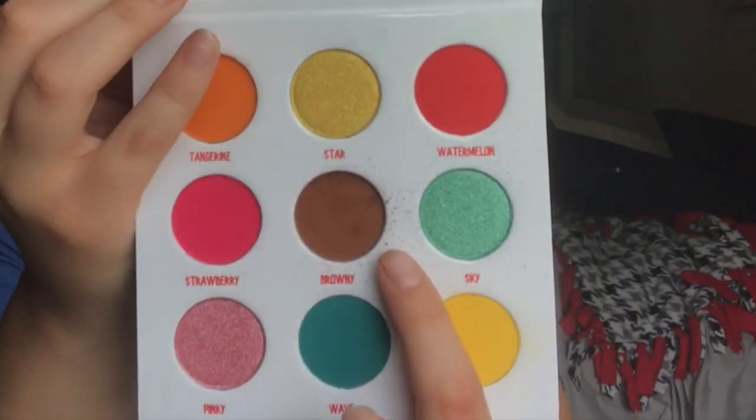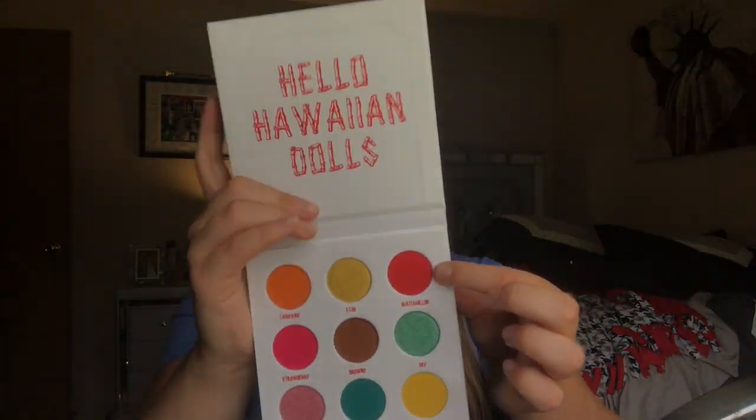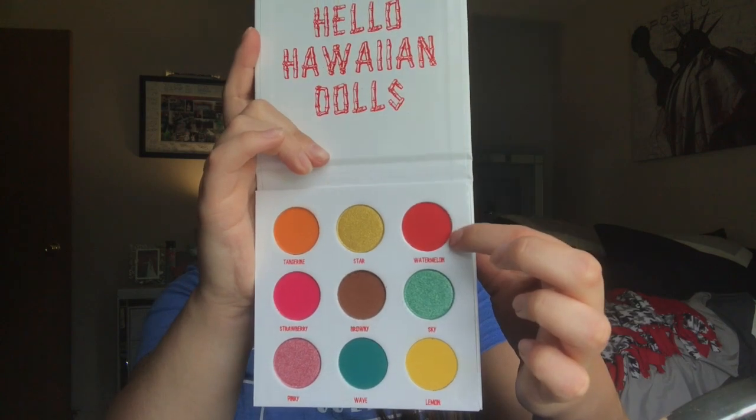Especially for a matte shadow, which is really, really good. I don't mind it, actually. I wish it was just a little bit darker, but I really do like it. Let me show you it in the pan, though. It is very powdery in the pan. You do have a lot of kickback. Again, personally to me, doesn't really matter that much, but to some people it does, so I just want to be very honest. I think that I am going to take this shade Watermelon right here,